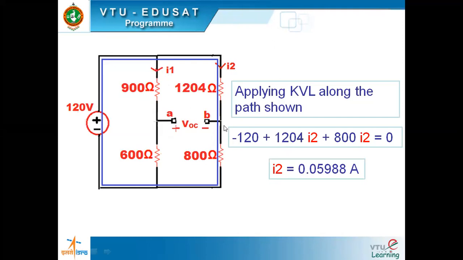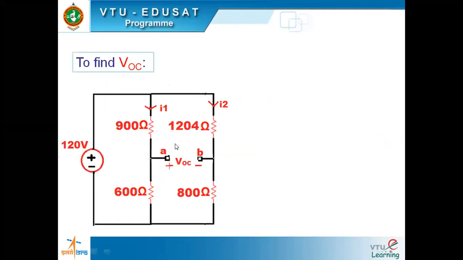What is VOC? So VOC is there in two paths now. See, this is one path in which VOC is there. I1 and I2 are also there. We know I1 and I2, we can find out VOC here. There is another path. See here. That is what is being told. To find VOC, this is one path we have. Understand? So this is one path.